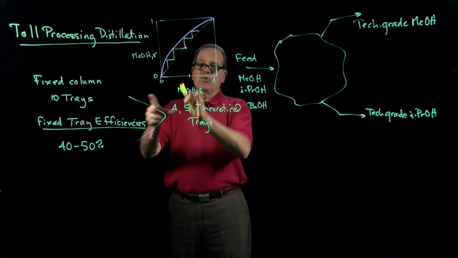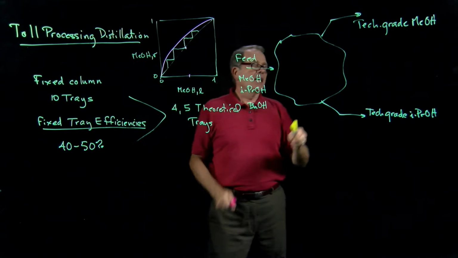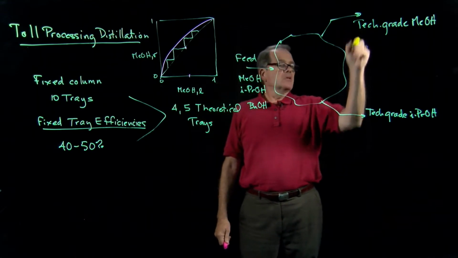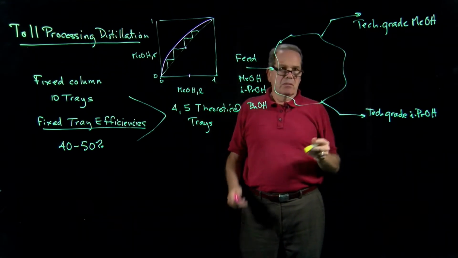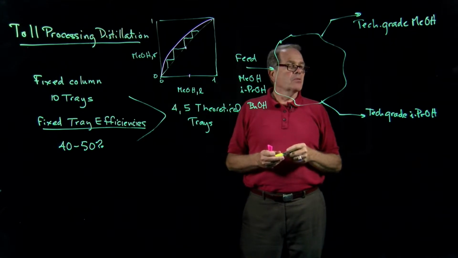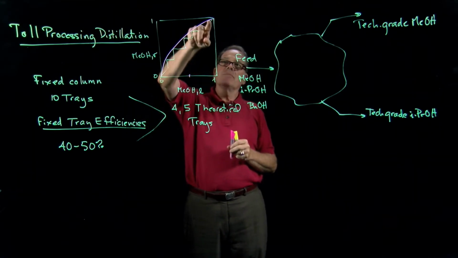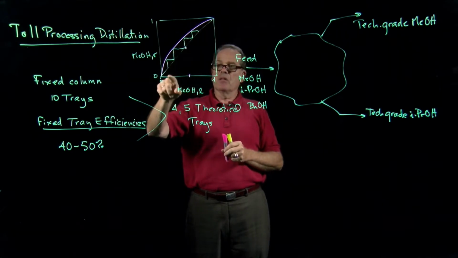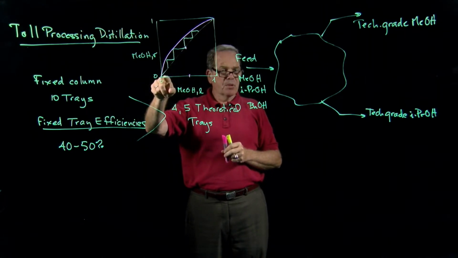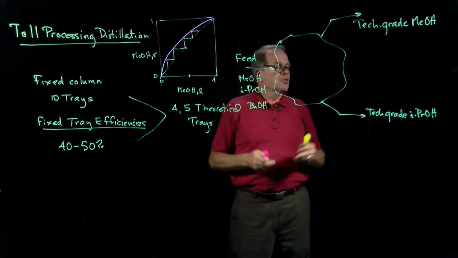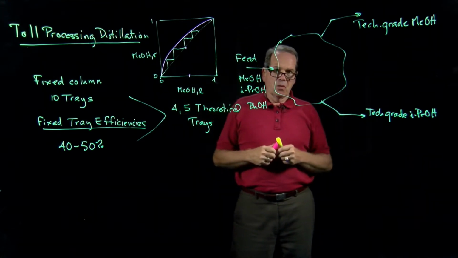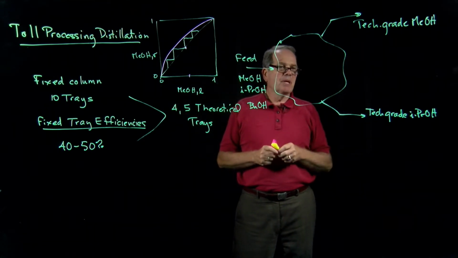So looking at these two problems, we can get an idea that we need to choose one of these two grades to focus on, and we might be able to get them. It's going to be even a challenge to get either up at the top at 99% methanol or down at the bottom 99% isopropanol. So one way we could decide which choice to make would be to look at